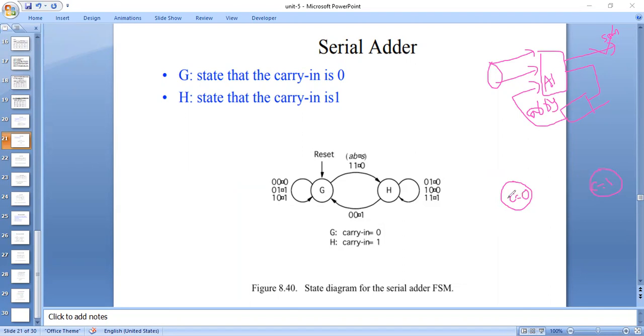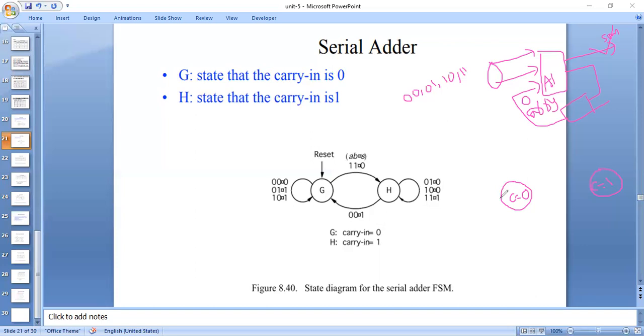And when carry is 0, what is the corresponding output, and what is the next state it will produce, and when the carry is equal to 1, what is the next state and output it will produce. Okay, and in the first case, we are assuming carry is 0. First I am assuming this, and along with the carry in, we have the two inputs. So for two inputs, we have four possible combinations. What are those? Those inputs may be 0 0, 0 1, 1 0 and 1 1. Okay, so we have only these possibilities.